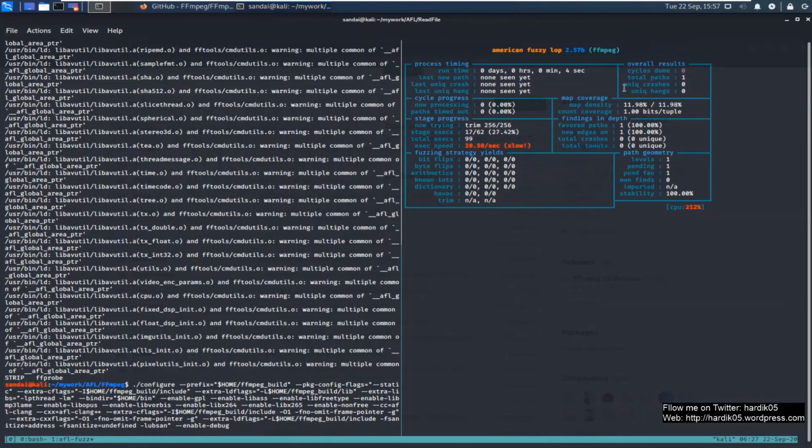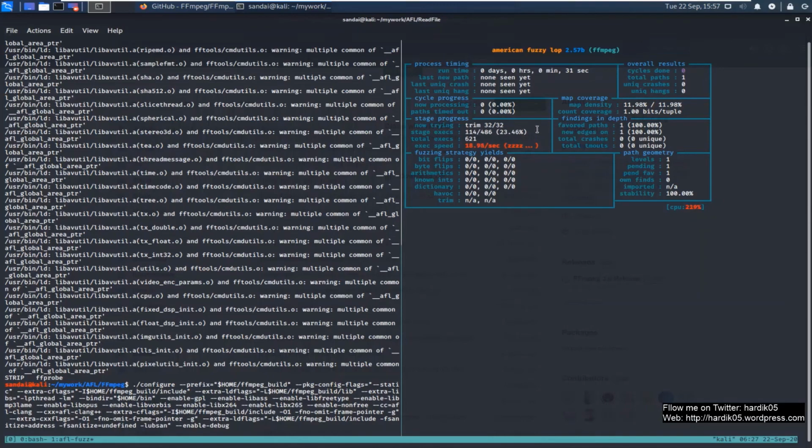Yes, it is. And you can see that the execution speed I'm getting is very slow again, around 20 executions per second. This is because I'm running it on a VM and I have very limited RAM over here, plus there's only one CPU. But if you have a dedicated machine to fuzz this, then you might get a speed somewhere around 100-200 executions per second.